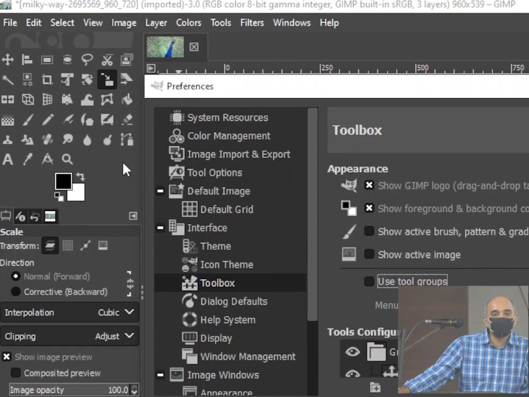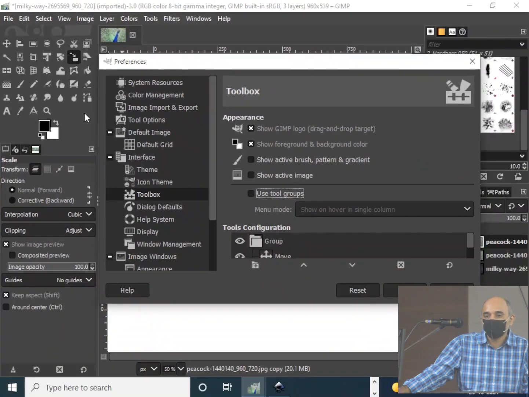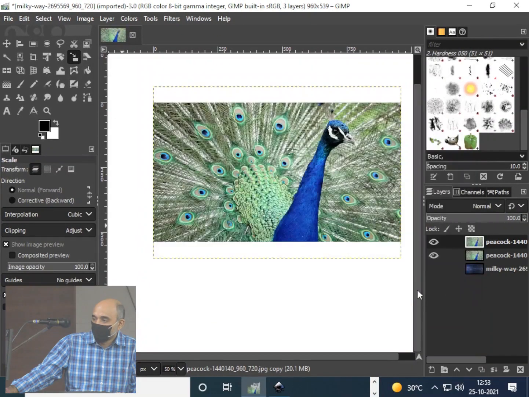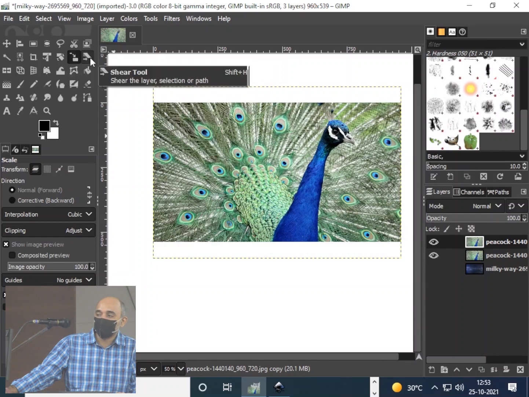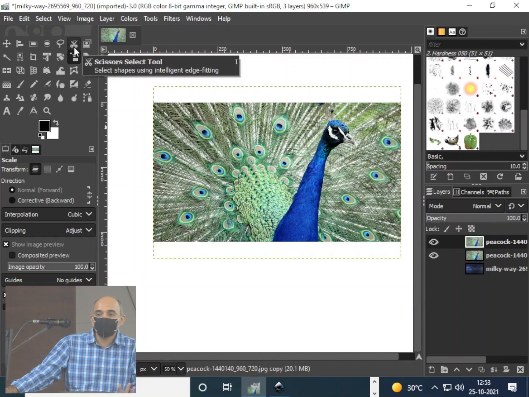So you don't have to hunt for tools, clicking on the small arrow there. All could do this? Okay. So now this is simpler, right? Now you got, this is a scale tool, this is a rotate tool, this is a shear tool, so you can get all the tools here now. So none of the tools are hidden.